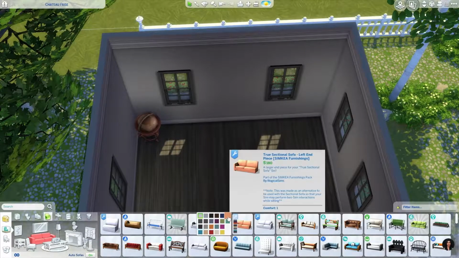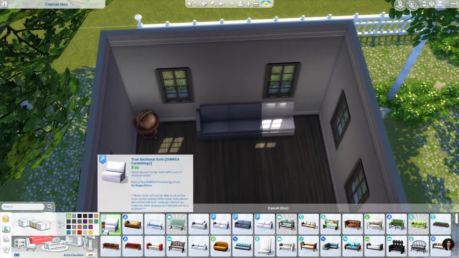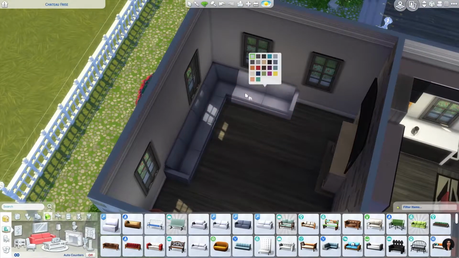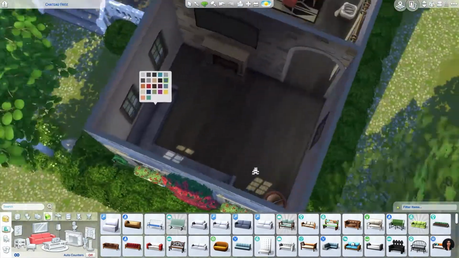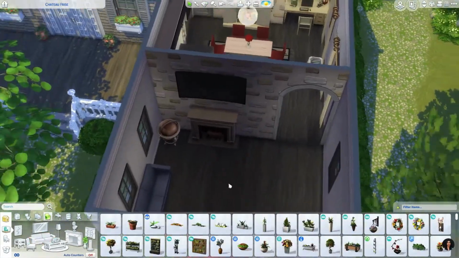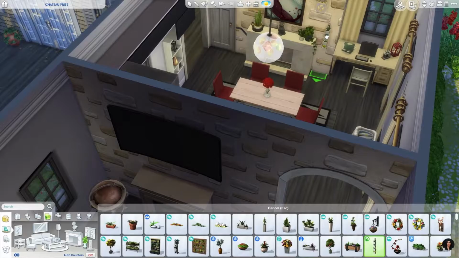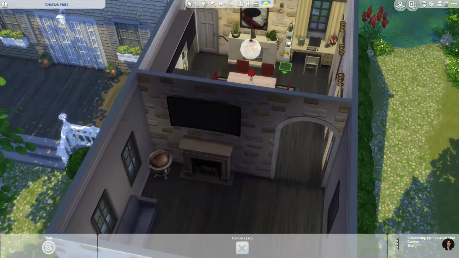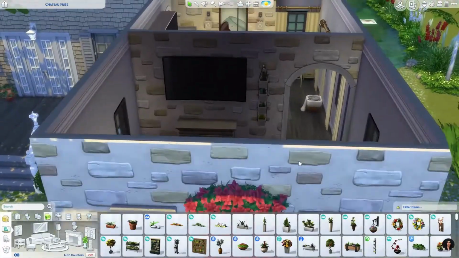Especially with Matilda's room, the tiny Twavellers pack that I have. I really love it for all of the toddler items. So I do end up doing her whole room in custom content. But yeah, living room is nice,